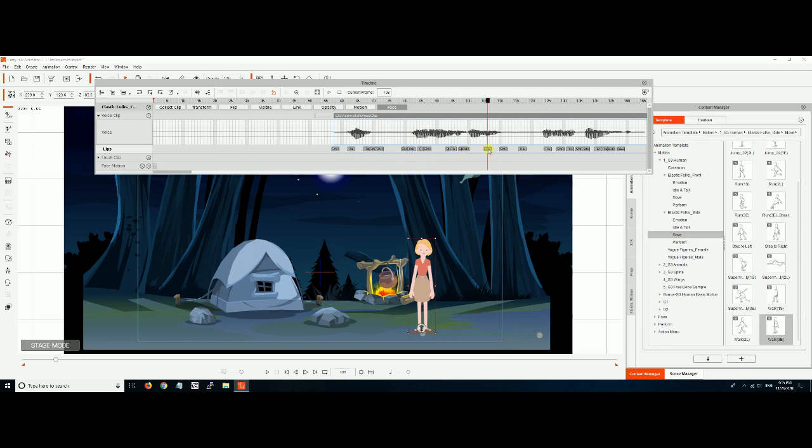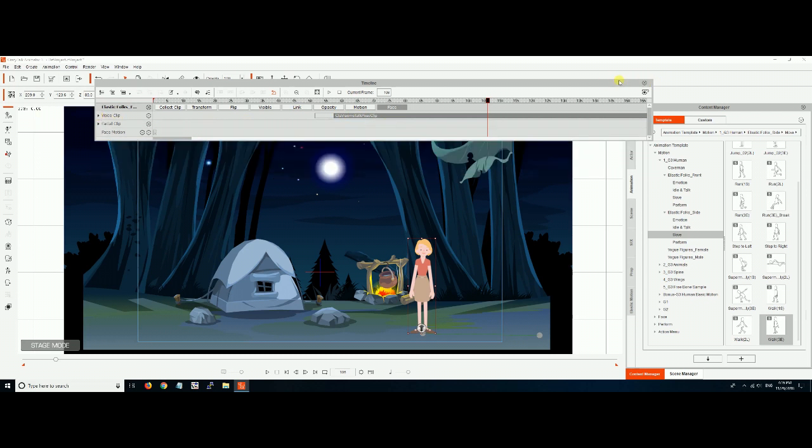There's a whole bunch of them, and you can play with these. If you don't like the automatic ones it does, you can play with these. You can copy them and paste them. You can have her mouth open or close or do whatever you want. So, just so you know, the facial stuff is right here, and it takes your voice clip and it automatically drops those in, but that's right there.